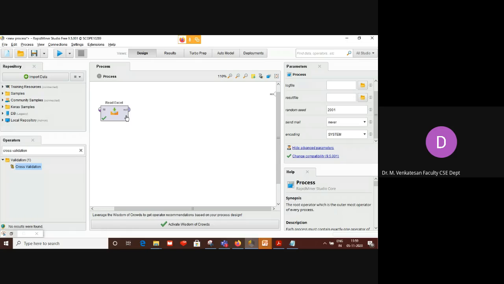What is the problem here? The use case is the bank manager is receiving a lot of applications for credit cards, so he wants to sanction or cancel, approve or disapprove, based on the performance of the particular customer.